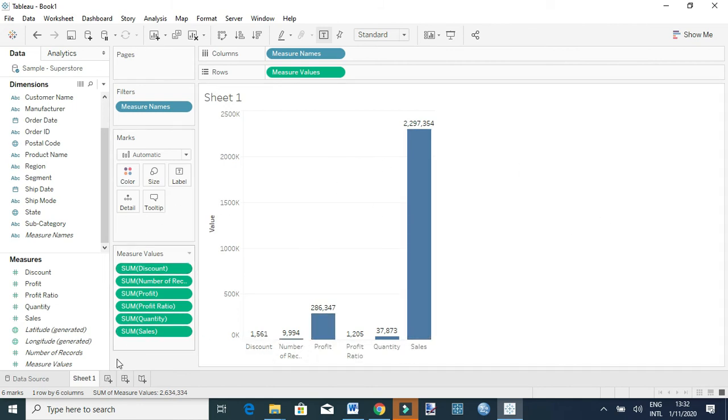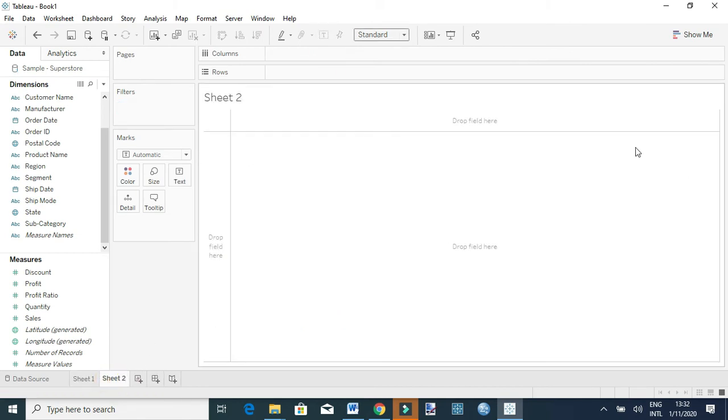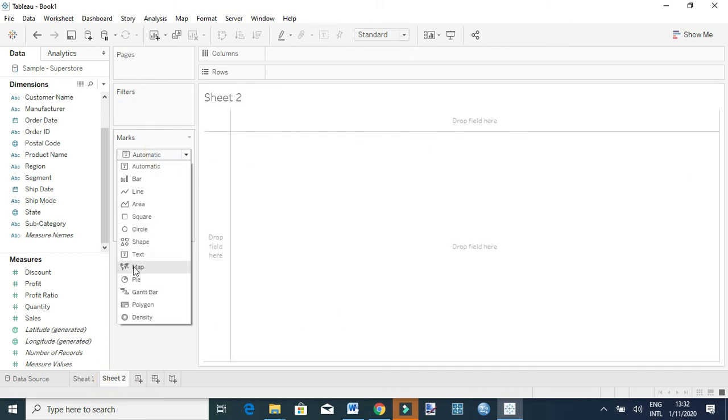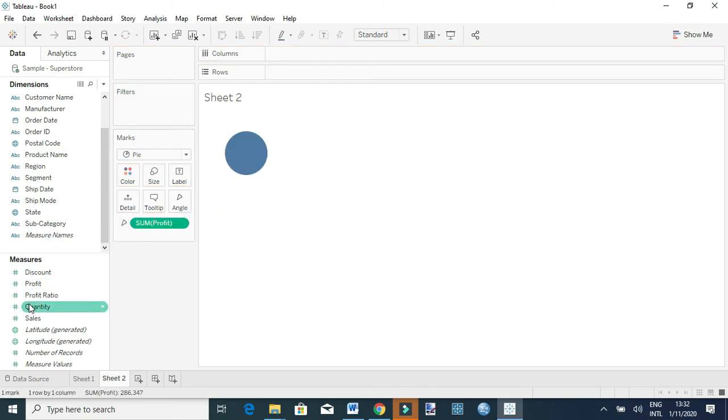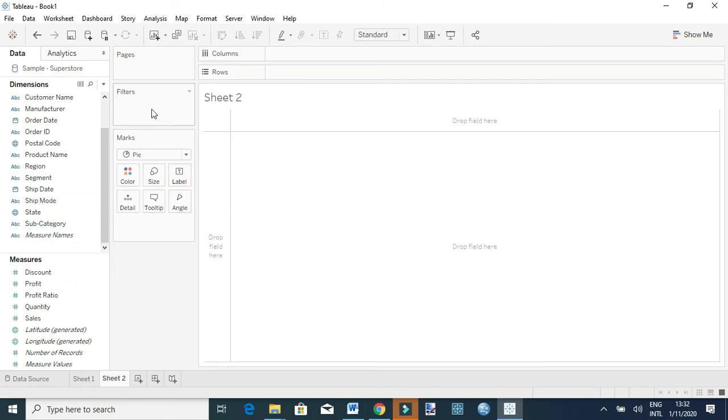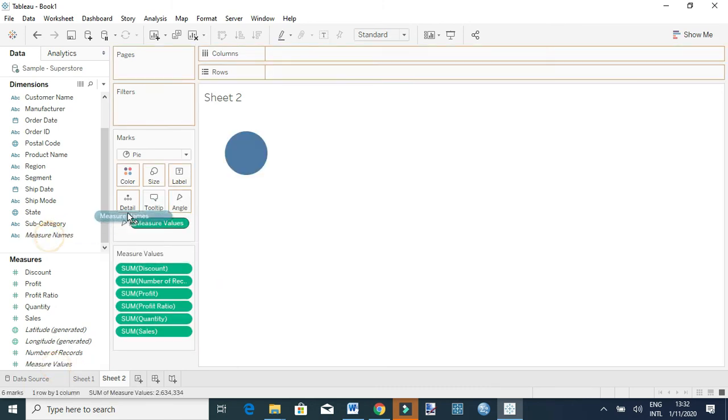The same way, let's say I want to do a simple pie chart, so I choose pie, and in this pie chart I want to show profit and sales. I cannot drag profit to angle and then drag sales to angle, because what will happen is it is going to replace what was there. To be able to plot those two measures together, I'll have to use the measure values and the measure names. So I drag measure values to angle for that case, and measure names to